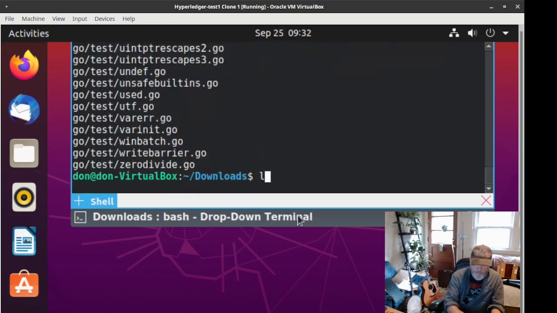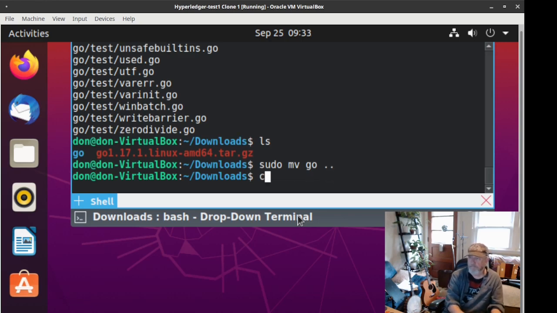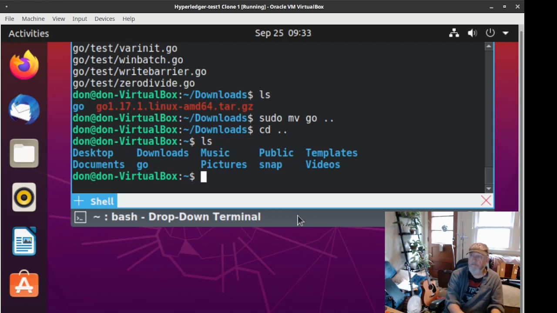And then I'm going to move the Go directory up to my home directory, because I want to create the paths